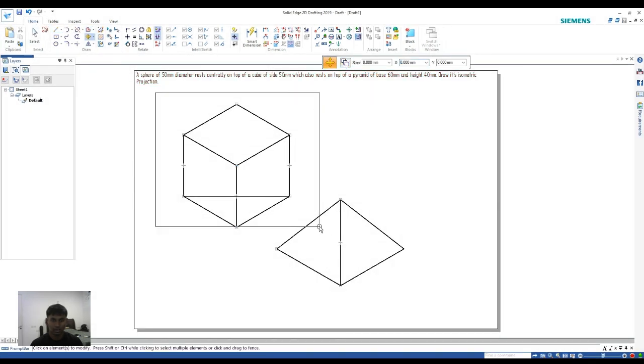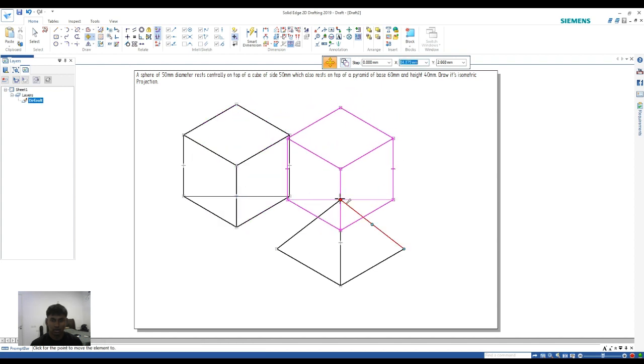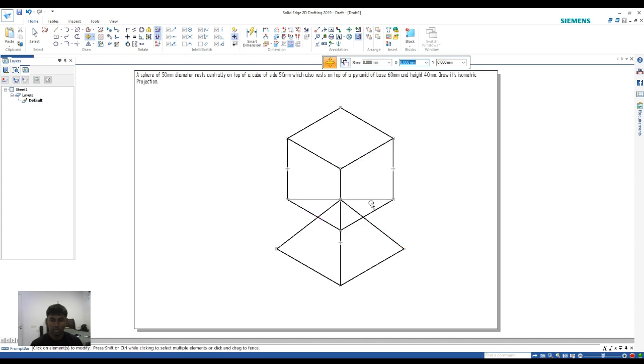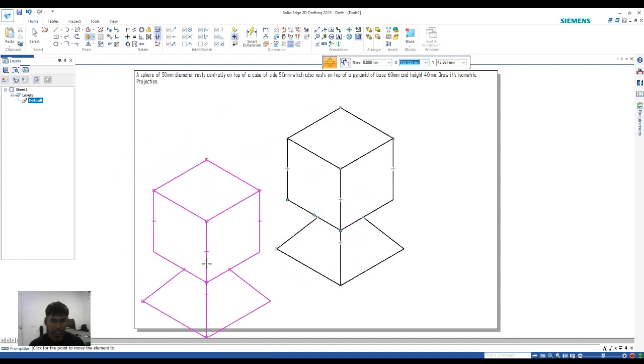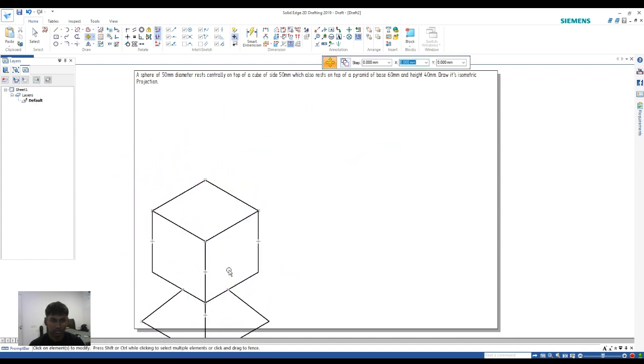I'll select everything, and at this point I'll rest it on the top of this pyramid, and now it's resting centrally. I'll use the trim option and trim these two and trim the invisible side. And now it looks like there is a cube resting on top of a pyramid centrally, as if it's balancing on it. I'll just move this all a little bit this side to create space to make the